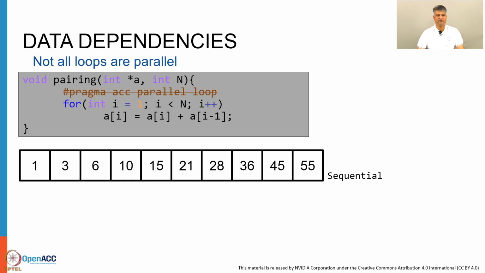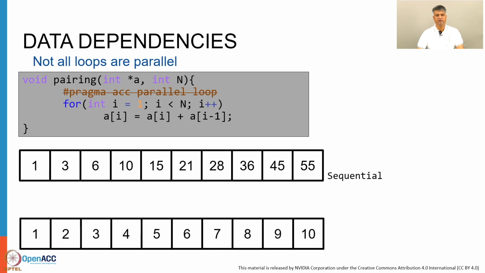So let us assume that we are taking two threads and we are operating with the two threads in parallel, where each thread is operating on alternate indices. The first thread is operating on 1, the second thread is operating on 2. In this case, in the first two iterations which are run in parallel, what will happen is that